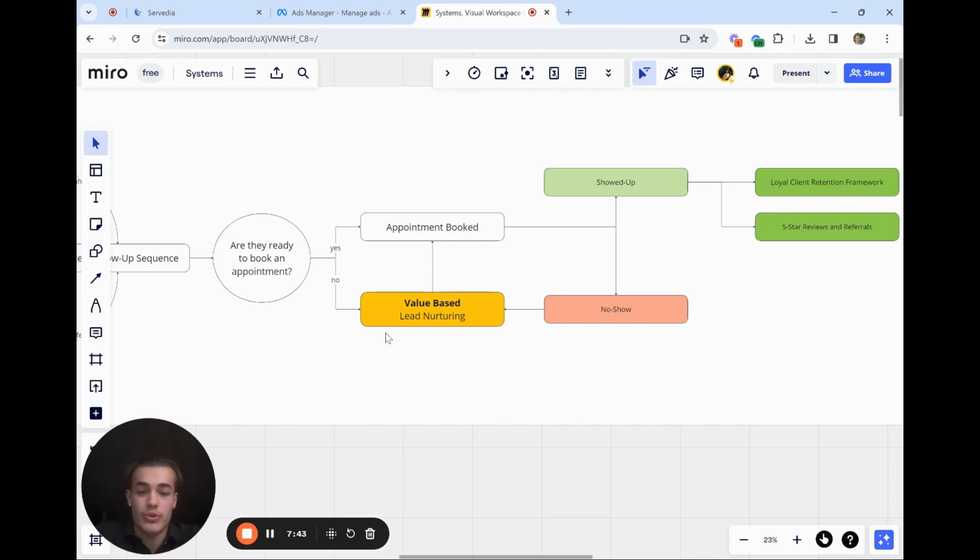There is a reason why people signed up and gave you their contact information in the first place. So if you're not able to book them in for an appointment, there is still this pain in their mind. For example, if you do fillers or an anti-aging facial,